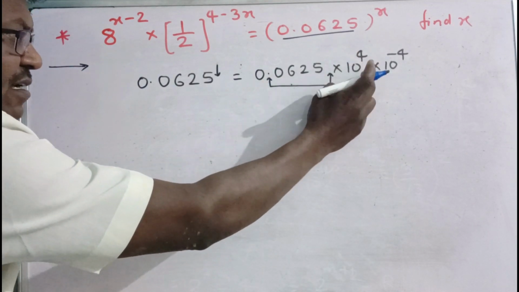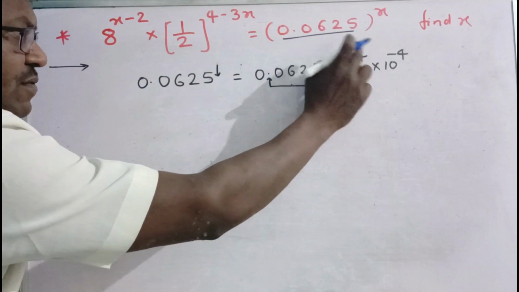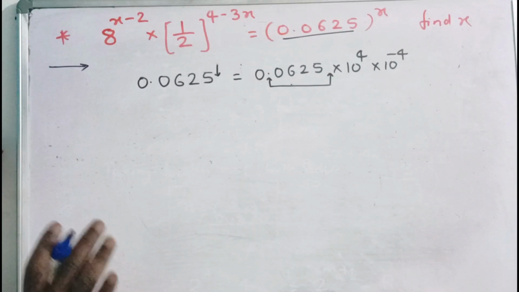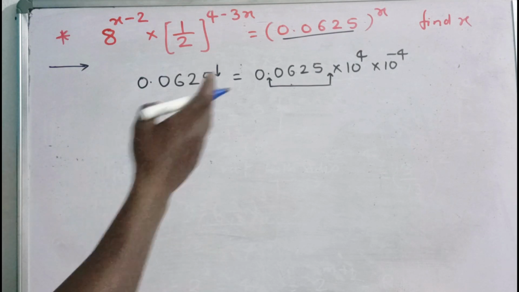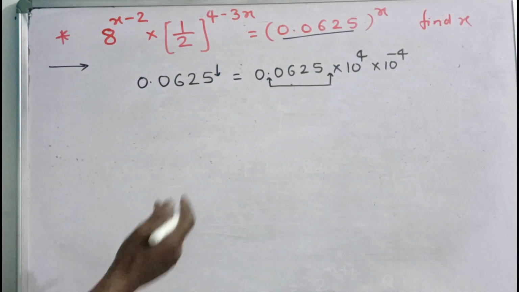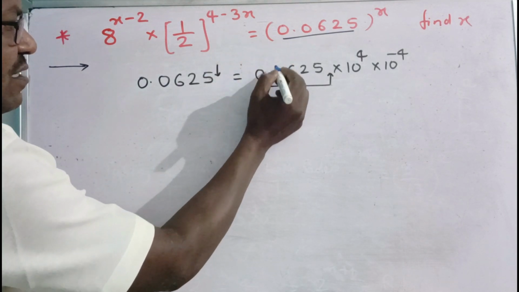If I multiplied by 10 to the power 4 into 10 to the power minus 4, is there any change in the equation? A quantity, nothing else, because its value ultimately becomes 1. Now the point shifted to the right